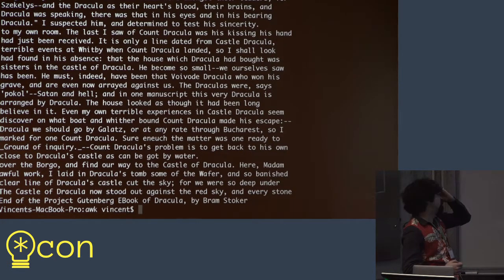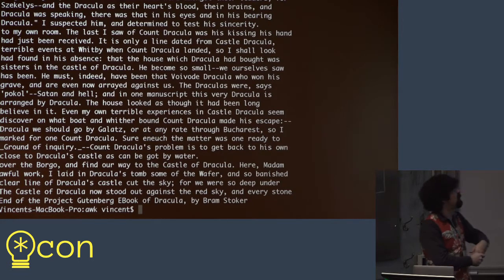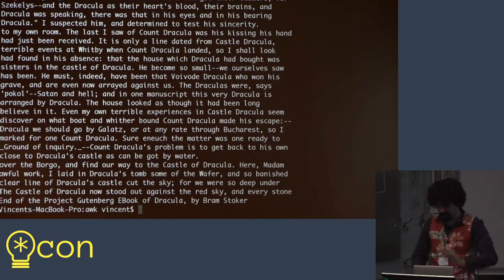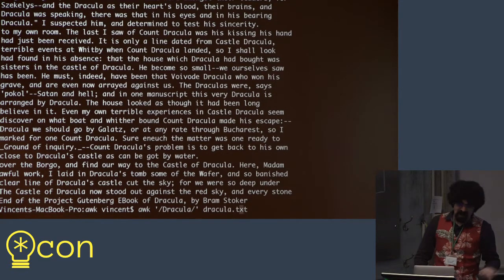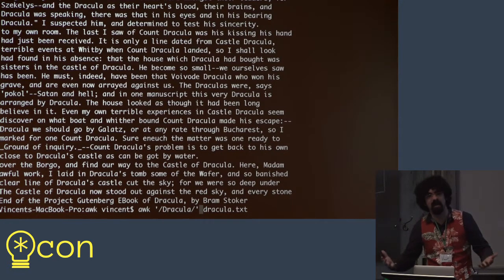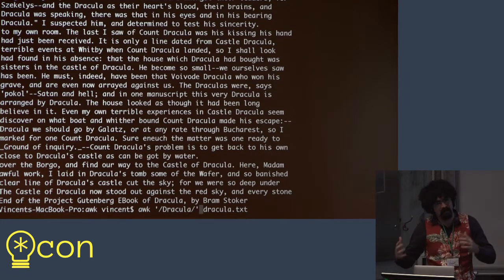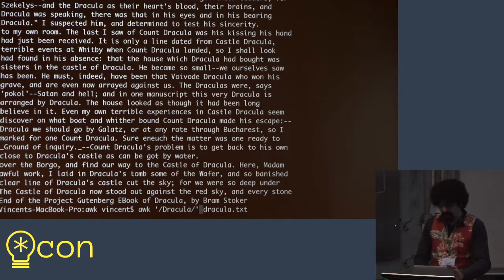So here's every single line in the book Dracula that contains the word Dracula. And as you can see, it's not super strict. The Dracula was a regular expression, and it's a very loose regular expression, so it doesn't need to be only the word Dracula. You can see Dracula's, apostrophe S, shows up a lot, and it's all fine. But OK, that's a little bit interesting, but we can make this a little bit more complicated and say, hey, what if we want to see how many times is Dracula, or Dracula's castle, or just Dracula referenced at all within the entire book?